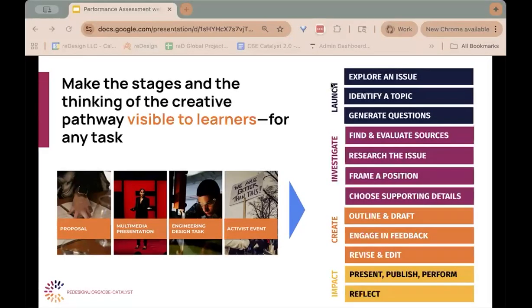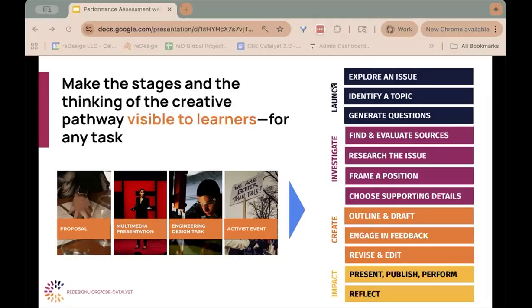What's the issue? Who am I creating this for? What do I need to know? And with that direction, you can effectively gather information and synthesize it to form your own ideas. And then you can move into creating your product and refining your ideas to communicate them and to impact your audience.